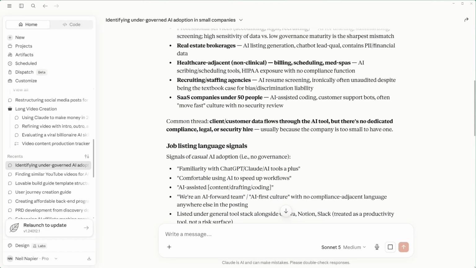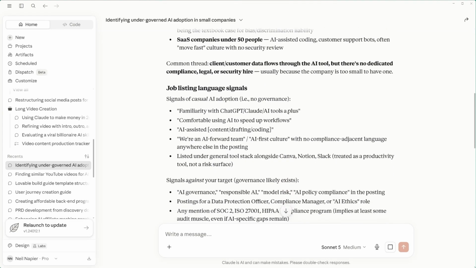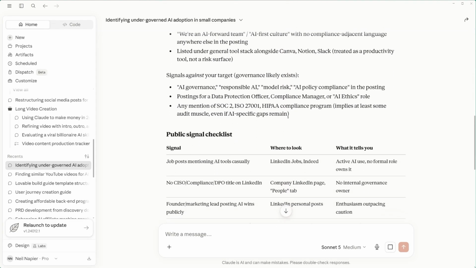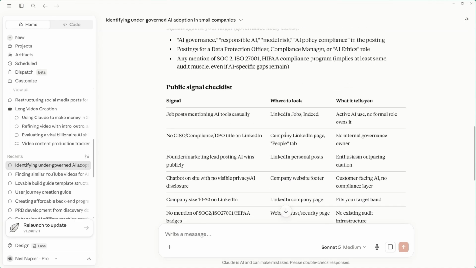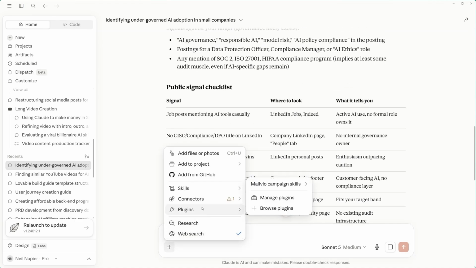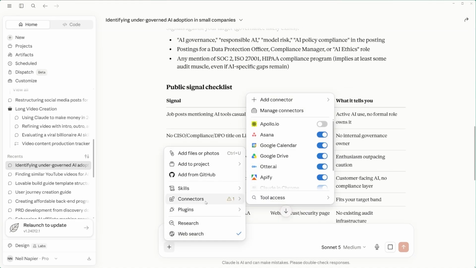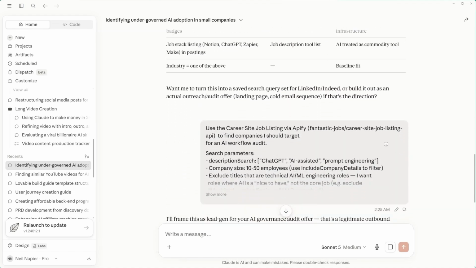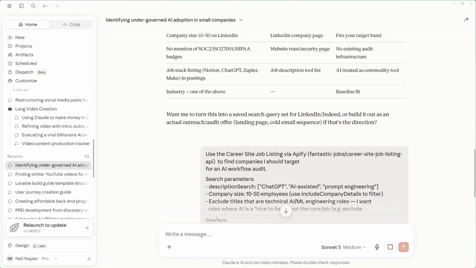to. Now, once we have a list of industries and keywords that are relevant, we're going to go ahead and drill down further into this. And for this one, you're going to connect with Apify. So make sure within your MCP connections, Apify is turned on. It's a paid API that you can use, but honestly, it costs cents and it's worth every single penny that you spend. I've covered how to use MCP connections within Claude in another video, so make sure to go check it out. But let's go further down, and this is the prompt that you're going to put in.